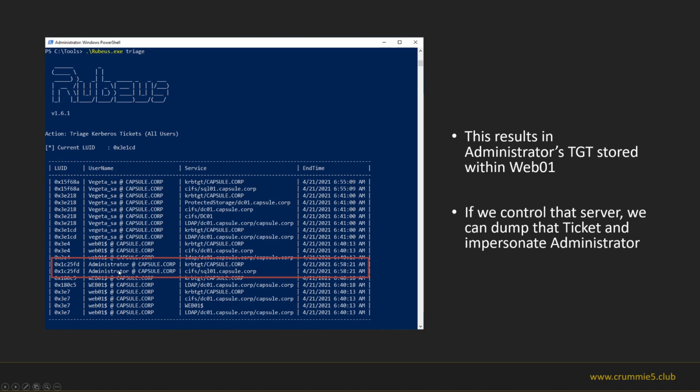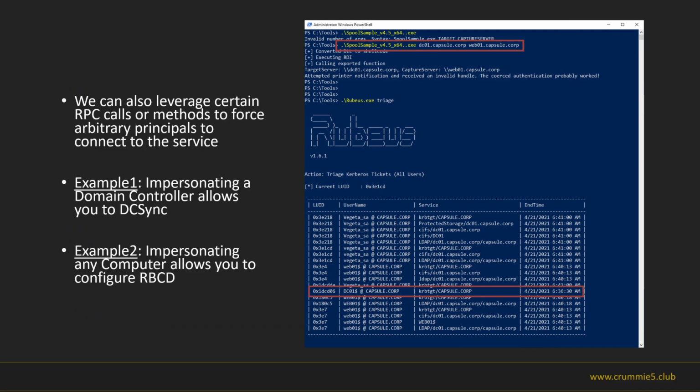So we can just extract this information and act as if we were administrator. We can impersonate administrator.